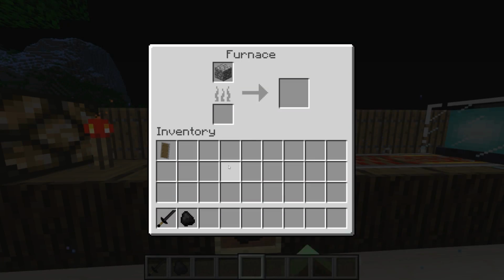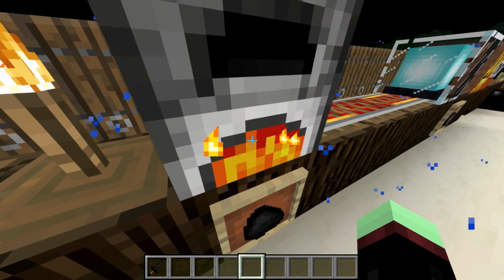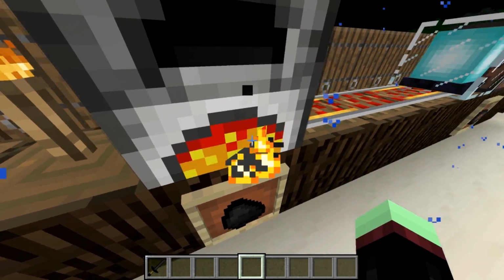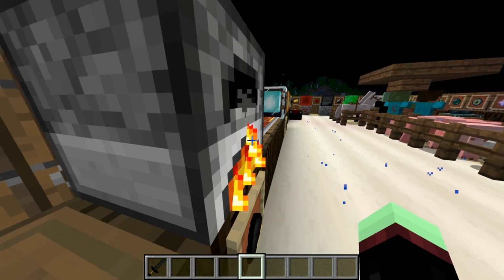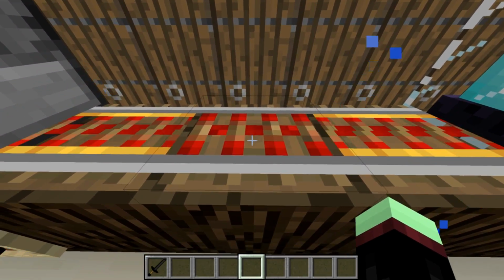Normal furnaces have no change to them, but when they're turned on, they have a fire particle coming out of the front, as well as the normal vanilla texture of it burning in the front there. Very cool addition by Blocksmith. Really love that one. The rails over here, the powered and activated rails, both are animated in their own ways,